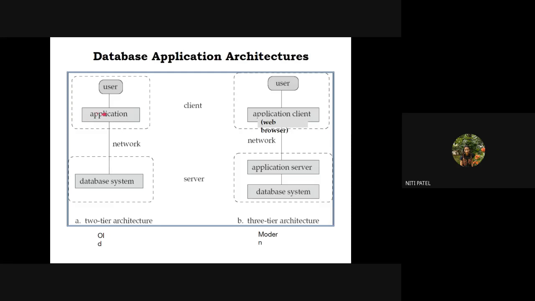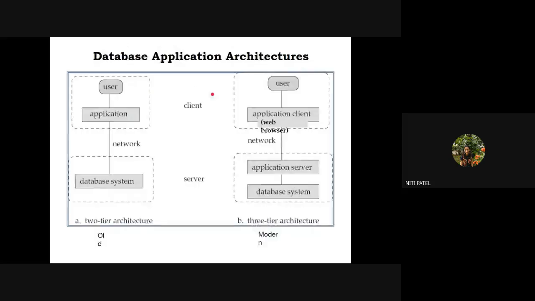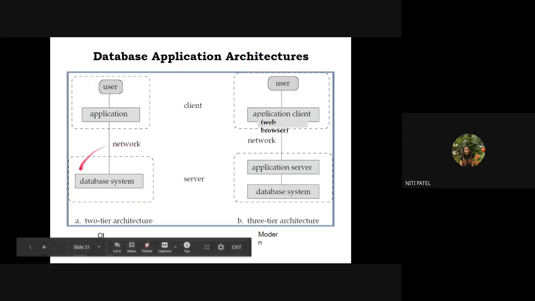So any application can be used by the user. We have seen it can be an application interface, a direct query, or anything in between. A user can use any of these applications and send the request through that application to the database system, that is, to the server. What will the server do? The server will search for that information. After the information is searched, through the same network it will give an output to the client.